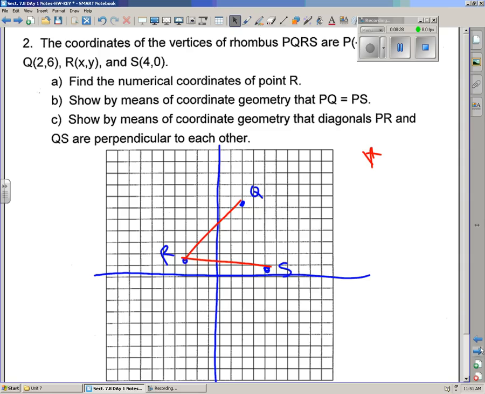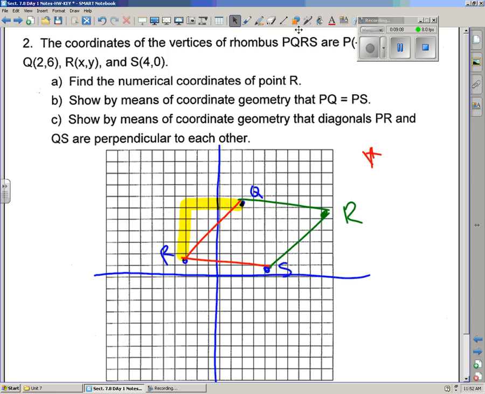So one of the ways to figure it out is to say, okay, if I've got a rhombus, I've got to have my opposite sides parallel. I'm going to do a quick counting of slope here. I'm going to go up and over, and I'm going to realize that my slope is up 1, 2, 3, 4, 5 over 1, 2, 3, 4, 5, which means in order to get that same exact slope, I need to locate point R by counting up and over from S, up 5 and over 5. So I'm going to count up 1, 2, 3, 4, 5, over 1, 2, 3, 4, 5. And right here is where I should be locating point R,